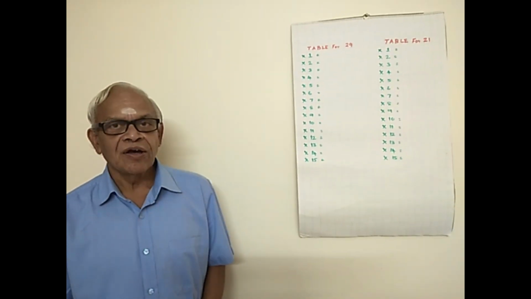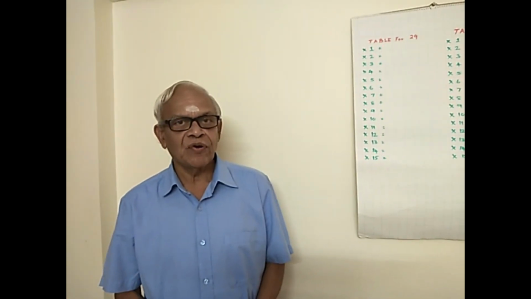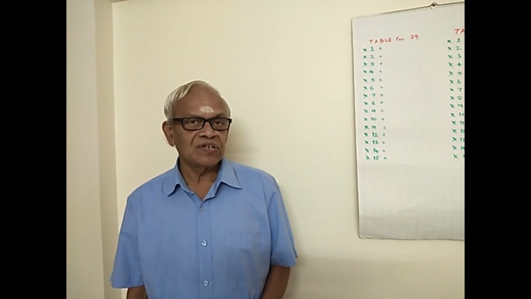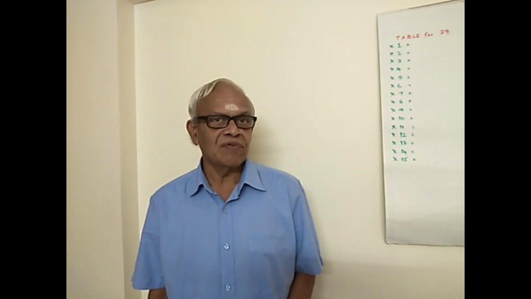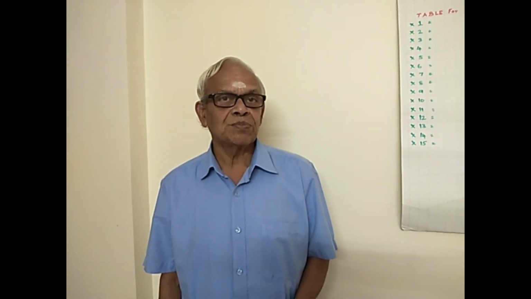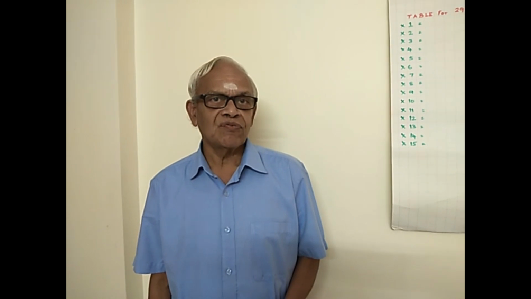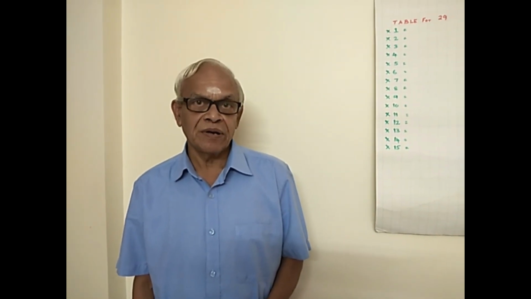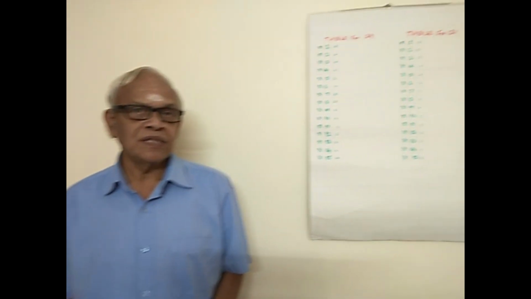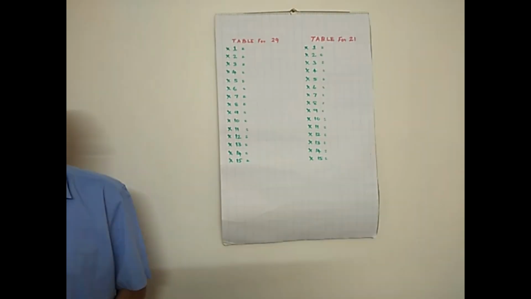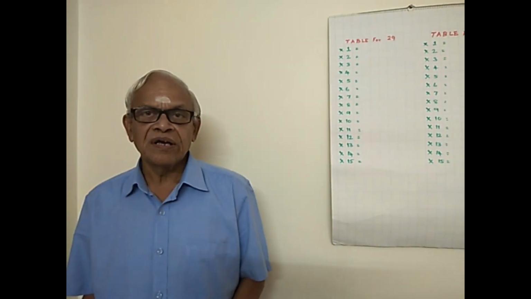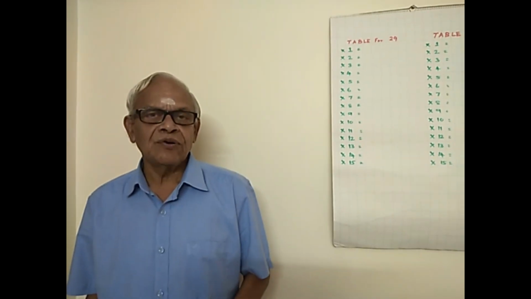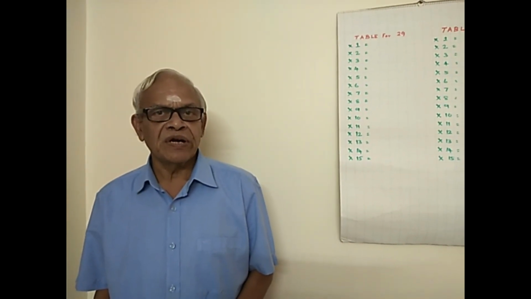Well, today we are going to discuss the tables for numbers 29 and 21. The numbers which are on either side of a number ending with 0 are always special. Being on the sides of 0, these follow a particular pattern. Because of this pattern, writing the table for any number ending with 9 or 1 is much easier. Let us do it for number 29.